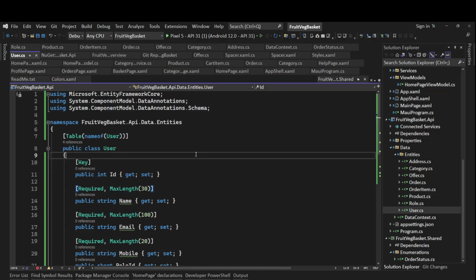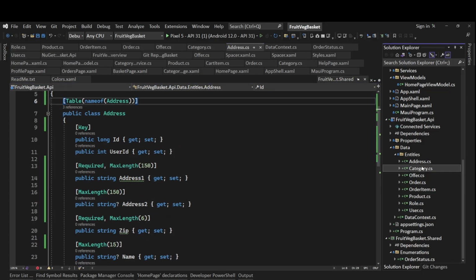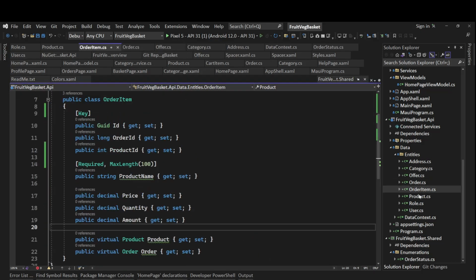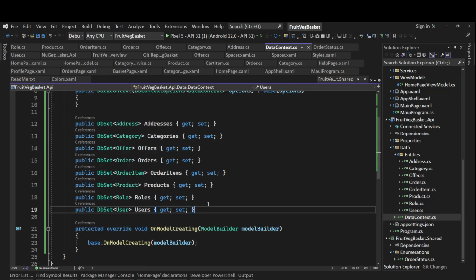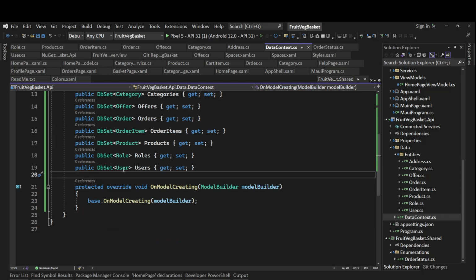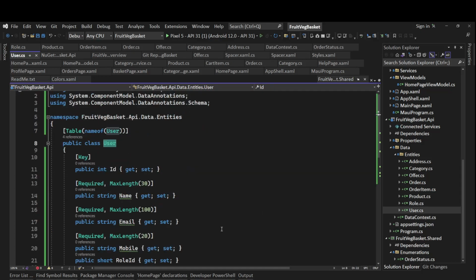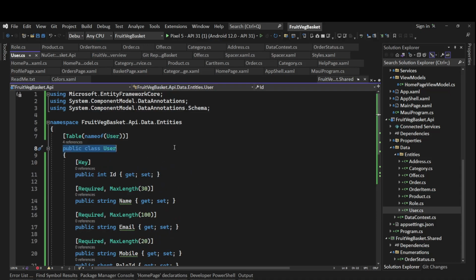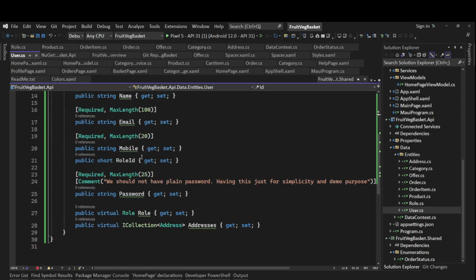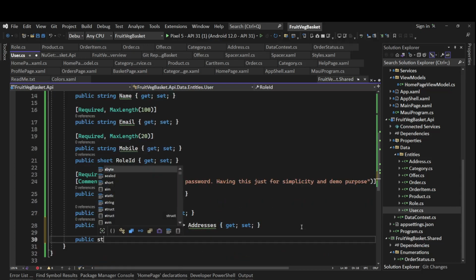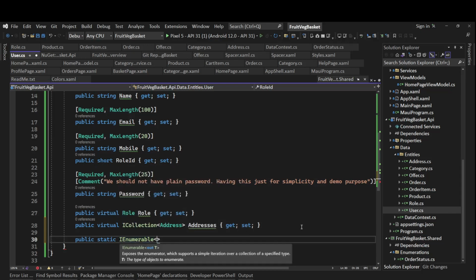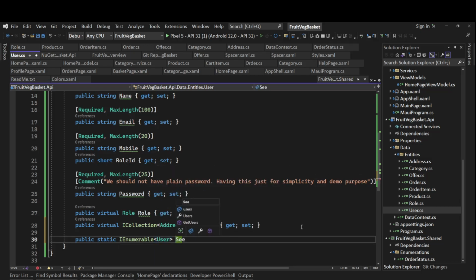Okay, so I have added data annotations to all the entities. Now next thing is we need some seeding data. So in order to have the seeding data, we can have multiple approaches. Some approaches are good, some bad, and sometimes it's just a matter of perspective, of point of view. For now, what I am going to do, I am going to have the seeding data as a part of the entity itself. So for example, for this user, I'm going to have a static method here, public static enumerable, and user, let's say get, or let's say